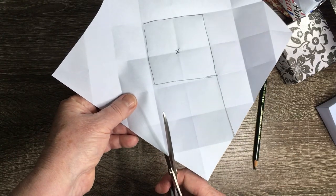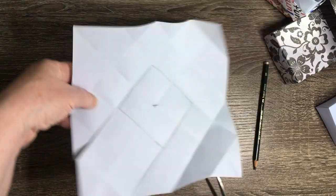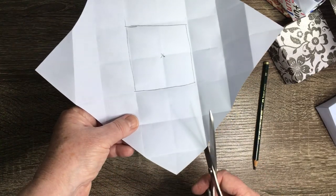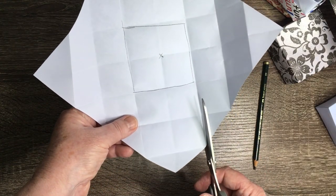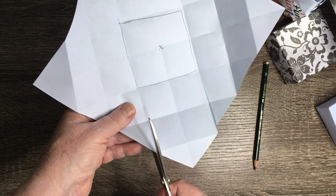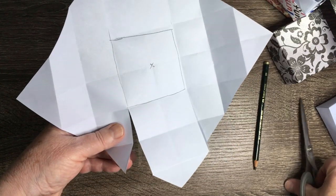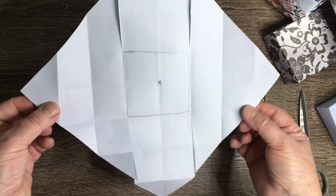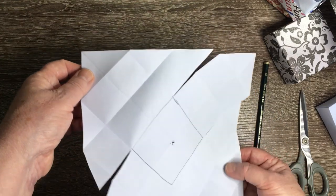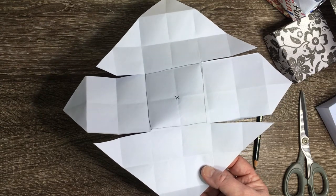And do the same on the other side, like that. Turn it around so that it's opposite. Do the same thing. Right, so it should look like this. Just wait for you to do that. Right, now once you've got that shape there,